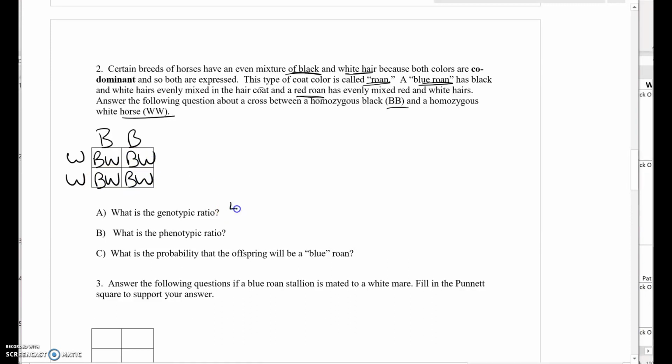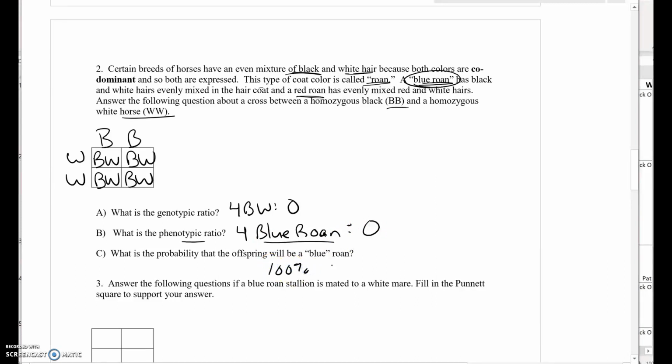So our genotypic ratio would be 4 BW to 0. Phenotypic ratio would be 4. These are our blue roans. That's what the BWs, their phenotype is called, or you could just say a combination of black and white, but blue roan is easier to say. So 4 blue roans to 0 of anything else, and